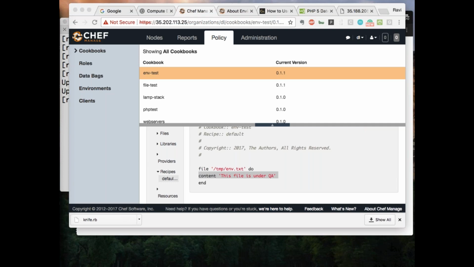Databags and something called supermarket. Two things. Databags is for security basically. If I want to put some password, something like that, I would always need to update it under my cookbook only. Instead of the cookbook, you will be storing that under something called databags. Those are the particular things which we have in Chef.